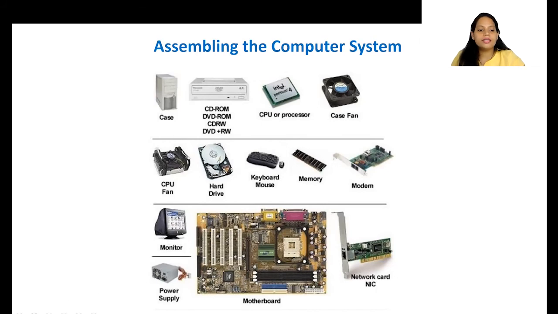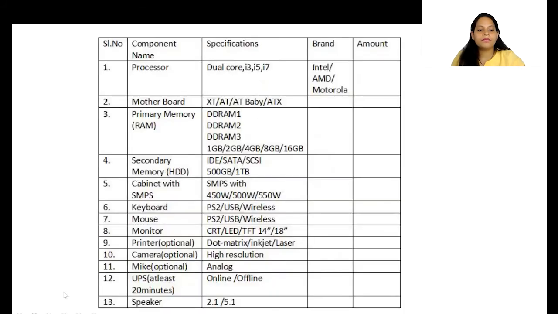Let me show you a list here. Okay, so these are all the components we have learned about. So if you want to build or assemble a computer, these are the main things which are required. Here they have mentioned the company for only one, but this is not actually required. So it is left to you which company's components you need.